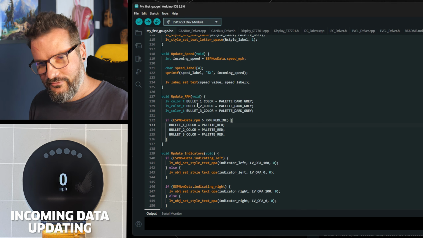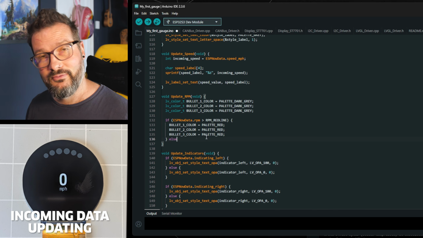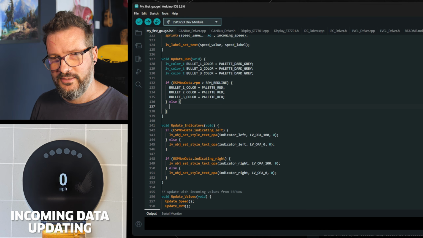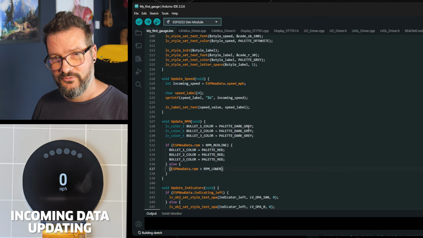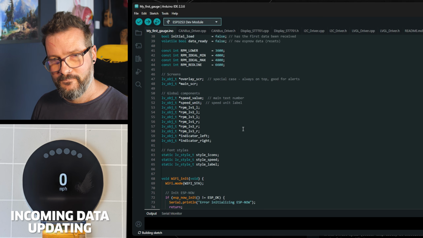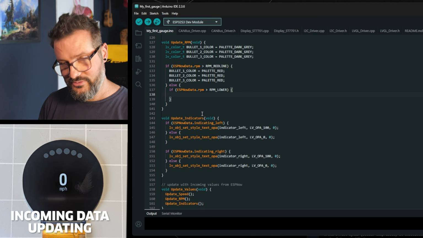So that means by having this one first and then putting everything else in an else around that, the other option, means that RPM redline will always take over. It'll always have the highest priority, which is great. Then we also want to check if the RPM is greater than the entry level one. So the entry level one is RPM lower. If it's greater than RPM lower, then the outside ones, bullet 3 color,